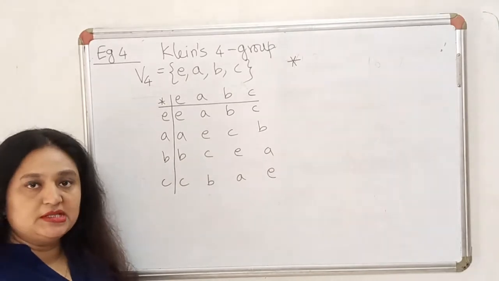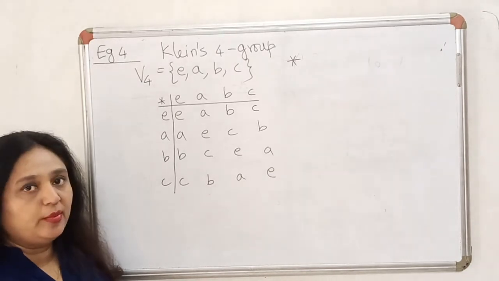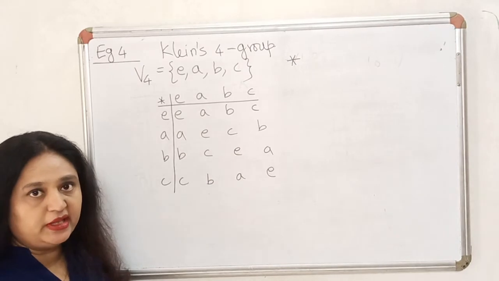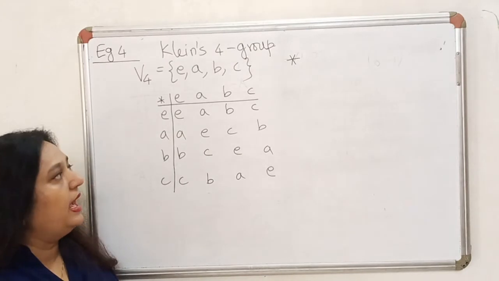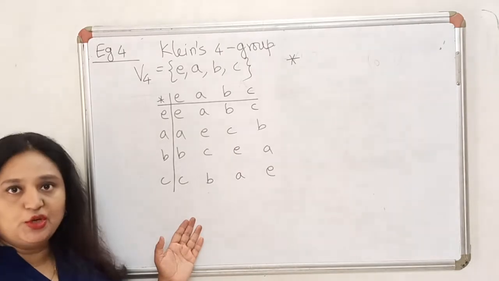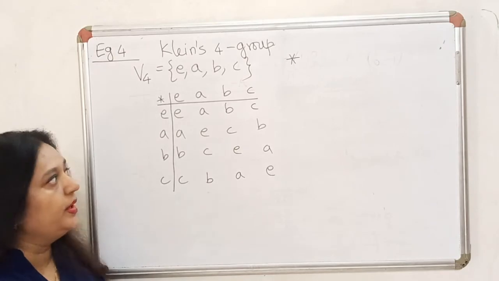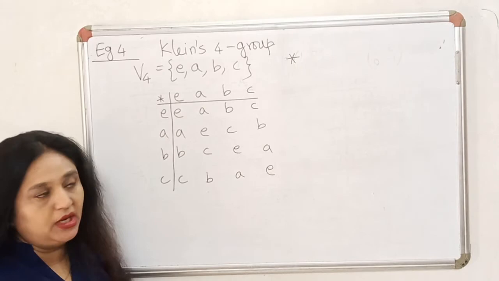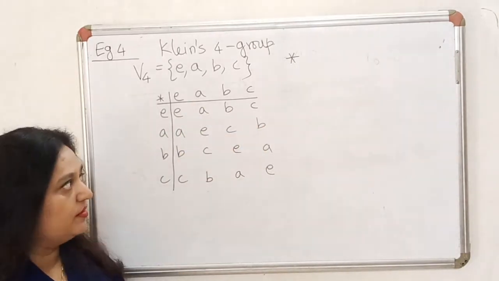So the composition table is given, and from the composition table, of course, the only problem is with the associative property. It's not an easy task to verify the associative property, but take my word for it, it will be associative, and you can verify all other properties. So this becomes a group. This is also an abelian group, and the order of this group is 4. So this is again a standard example which we come across in group theory. So it makes sense to remember how the composition table is given.